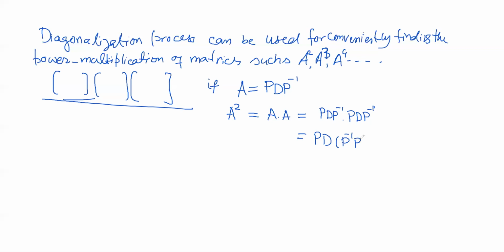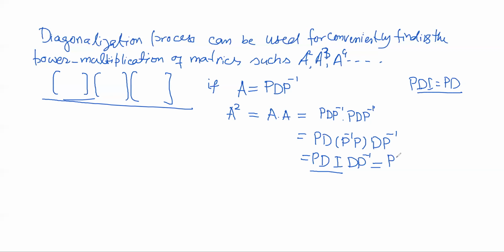P inverse and P give an identity matrix because they are inverses of each other. So it will be P D I P inverse. An identity matrix multiplied by any other matrix gives that matrix,